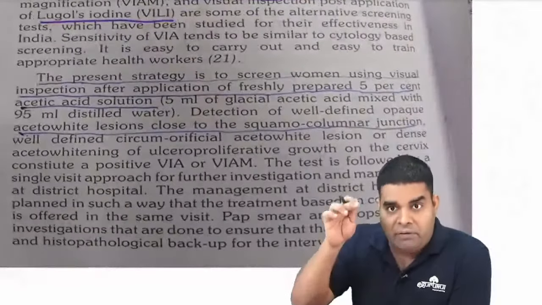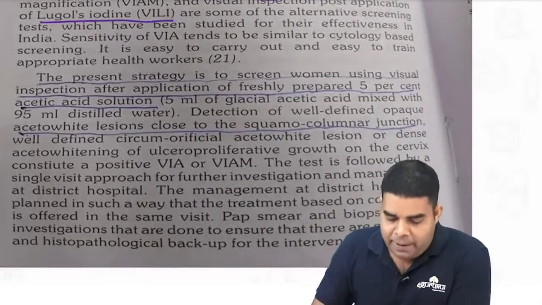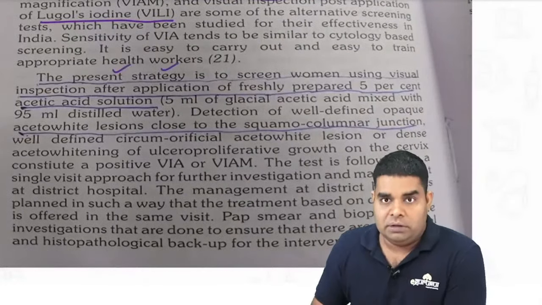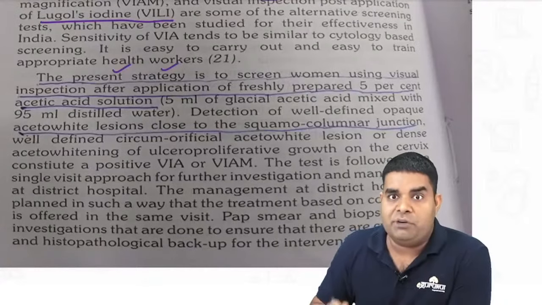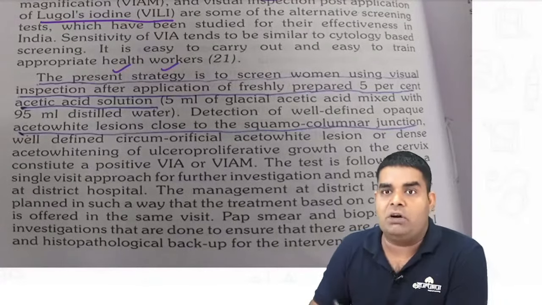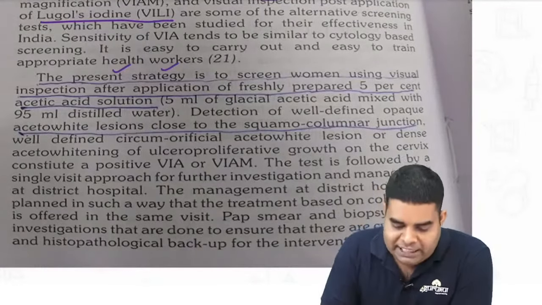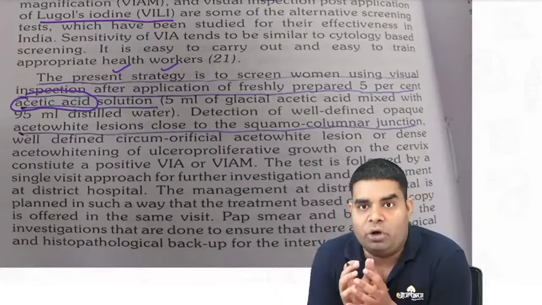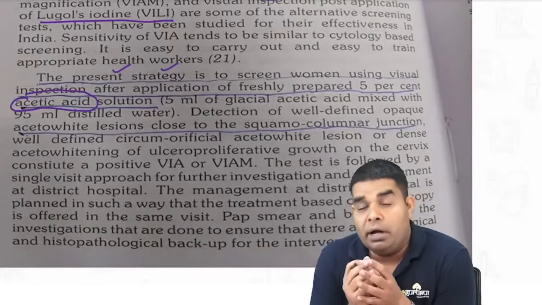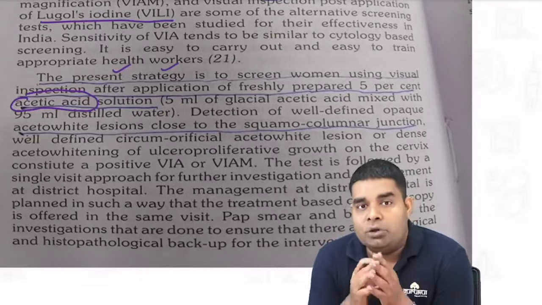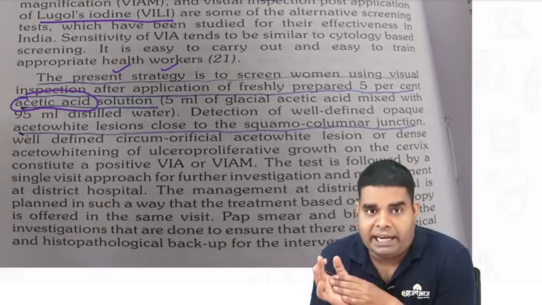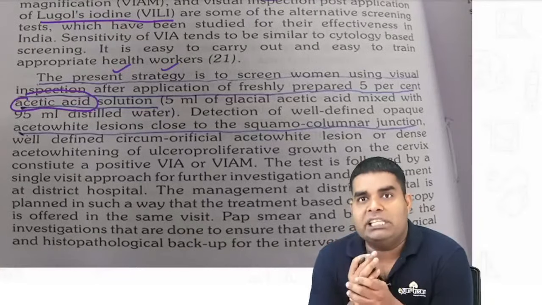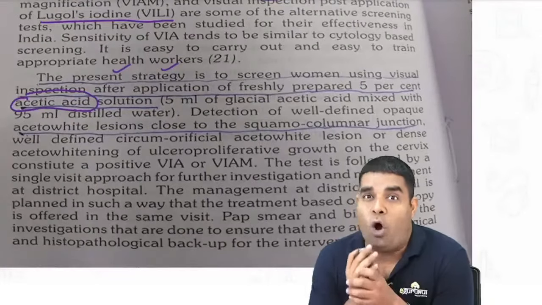Because they have written again in PARK themselves that the present strategy is to screen women using visual inspection after application of freshly prepared 5% acetic acid. So we use 5% acetic acid solution presently in India to detect cervical cancer, and visual inspection by acetic acid is the most cost effective